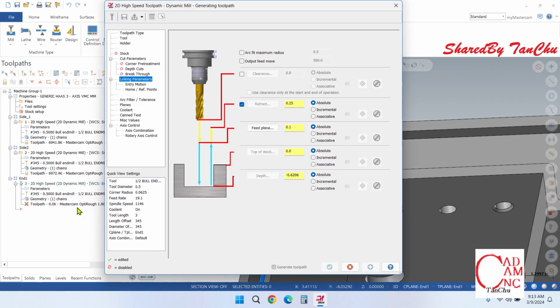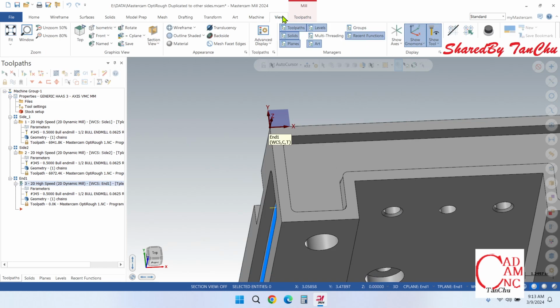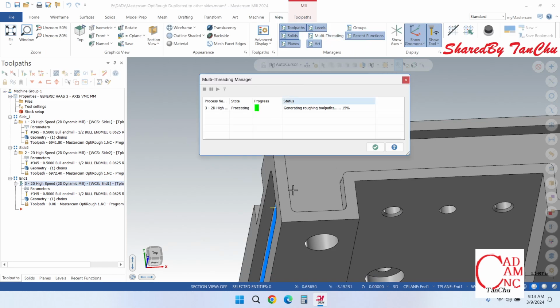everything. And right now it runs the multi-threading over here, and it's generated. We just close over here, and it's generating right now. And when we view the multi-threading, you see it's generating right now. That's all we need for applying the tool path for another